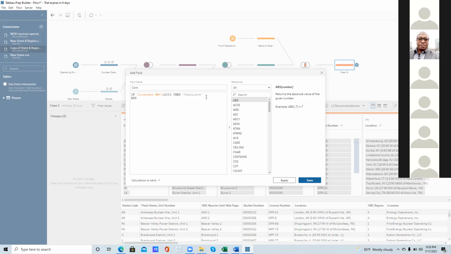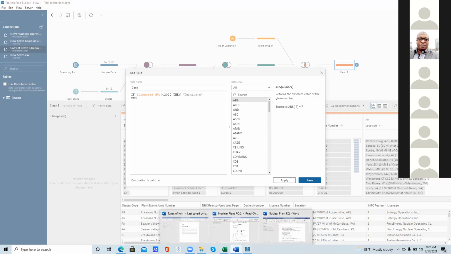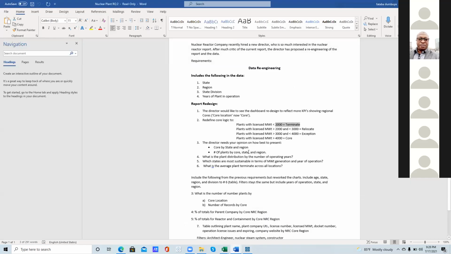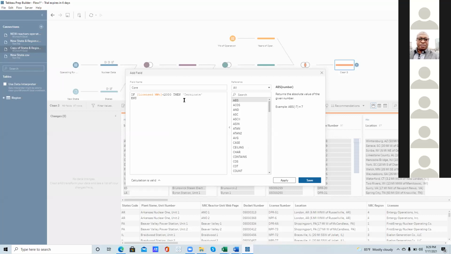Okay, so I remember yesterday we did equal to or less than. I think the first one we said if plant license equals terminate. Because if you want to write the next one to make the 2,000 not available, the first statement can be less than and equal to. No, this is not done. The license megawatt is not done.